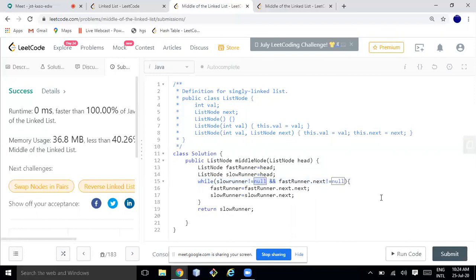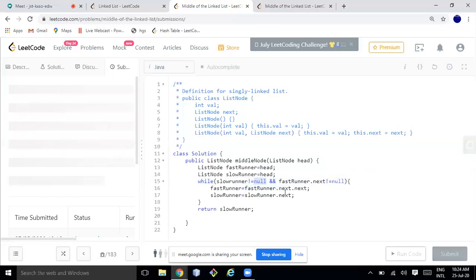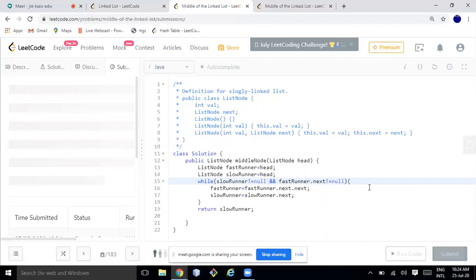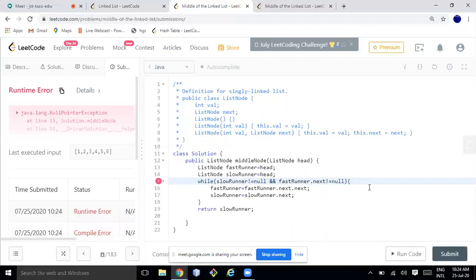should not be equal to null. Although it got submitted, it is not needed. What happened? Spelling mistake. Obviously, fast runner is always ahead of the slow runner, so you can remove this condition also, but for the sake of simplifying it. Manish, it has to be fast runner not equal to null. Oh, here, okay. Yes, yes. Sorry, I did it correctly earlier.